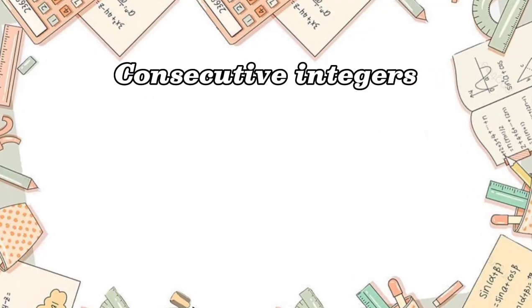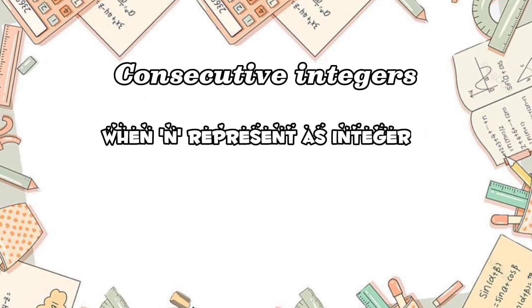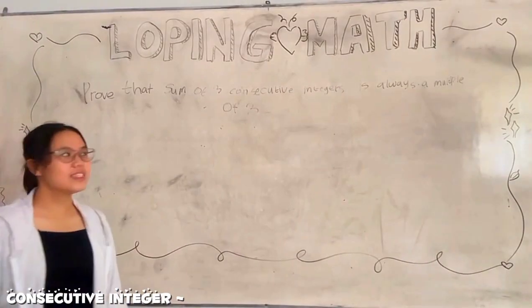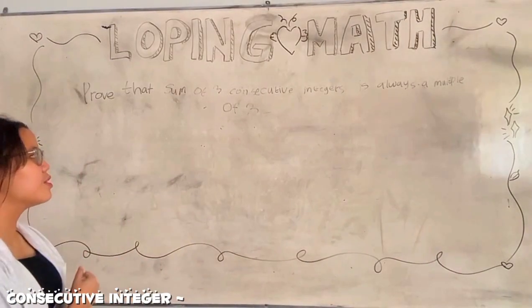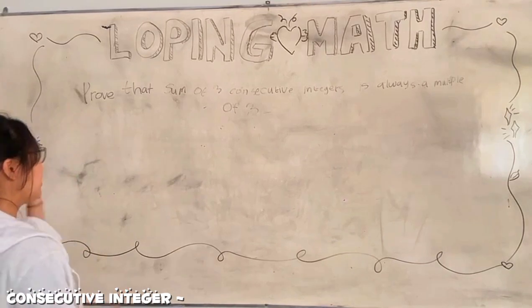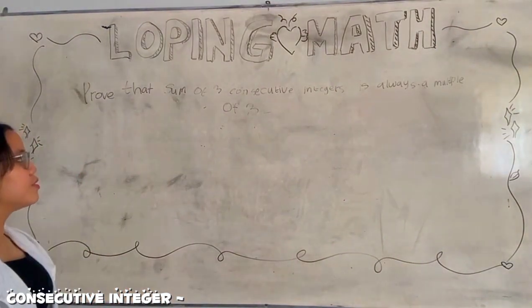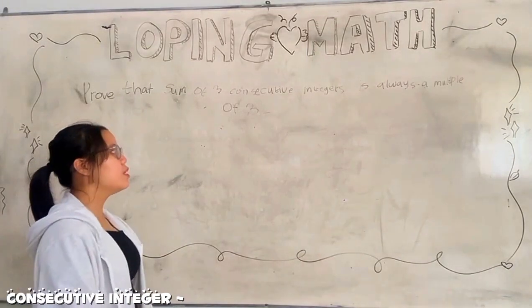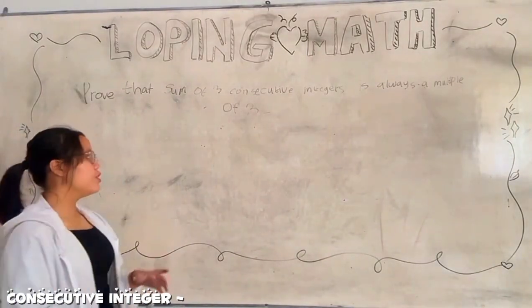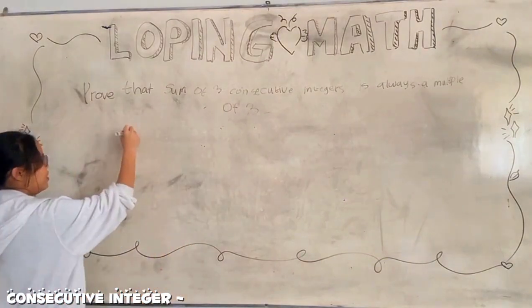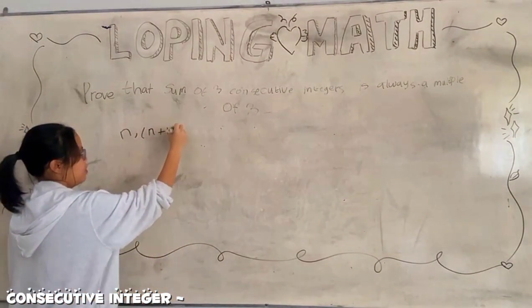Consecutive integers. Our aim here is to prove a question about consecutive integers. When n is an integer, consecutive integers can be written as n minus 1, n minus 2, and so on. So next we tell you about consecutive integers. Here is an example question that proves that the sum of three consecutive integers is always a multiple of 3. We can show the first integer n, followed by n plus 1, n plus